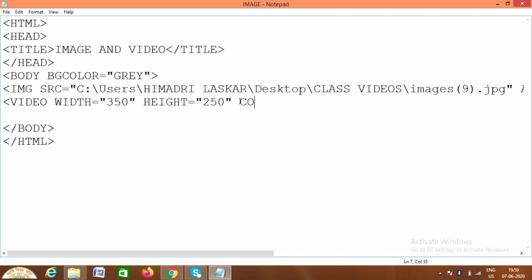And then I'll write controls because I need the controls like stop, pause, all those are controls, isn't it? So I'm writing here controls. Done. Now in the image, as I told you, we have to give the location where my picture is. So here also I have to give the location to the browser where my video is, isn't it? So for that I have to give another tag, that is source, SOURCE, source. Okay, and after that SRC.